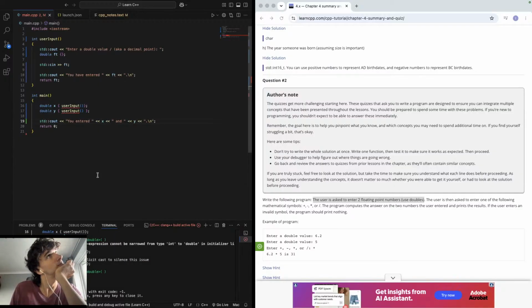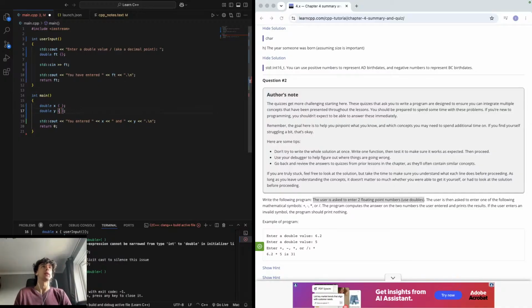Ah. We need to convert it using static cast, as we have here. So if we then got rid of this, actually,